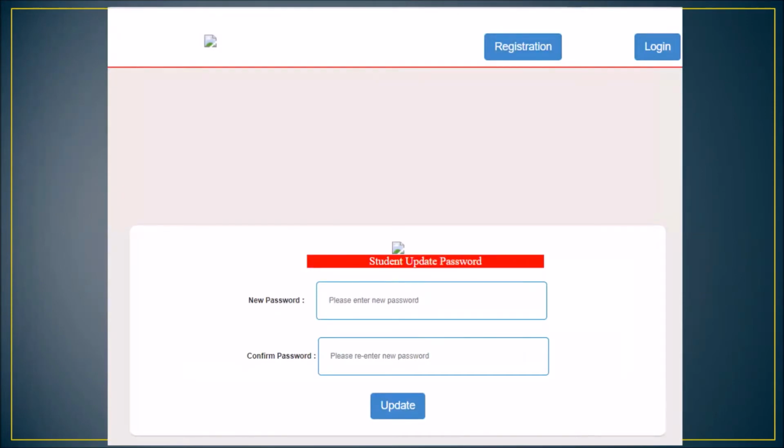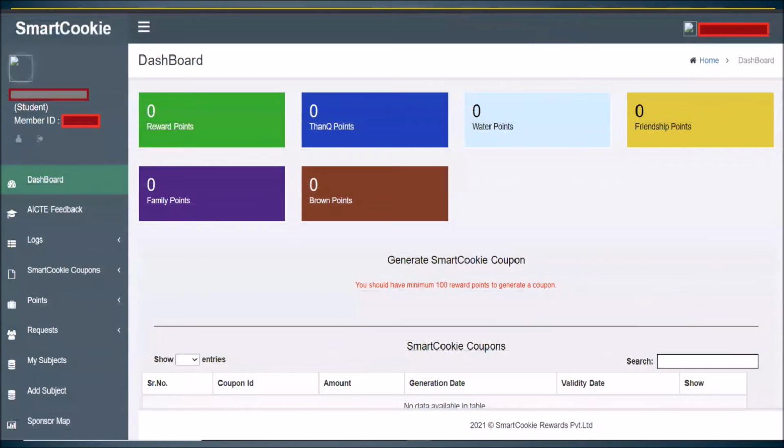Please put a new password, and second time you need to confirm your new password and click update. Once you click update, it will ask you to re-log in with the same credentials that we saw earlier and your new password. As you do this process, the new page, the landing page, will be your dashboard page.